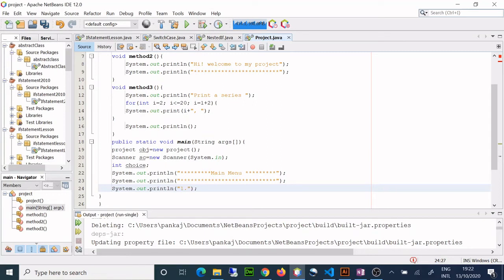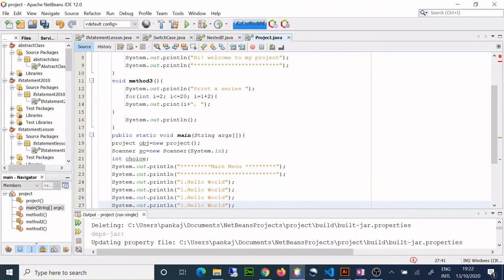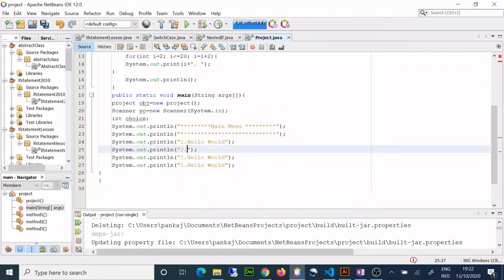So choice 1 is hello world. Okay, that's my first choice. I'll copy and paste. Okay, and the second one is welcome to my project.